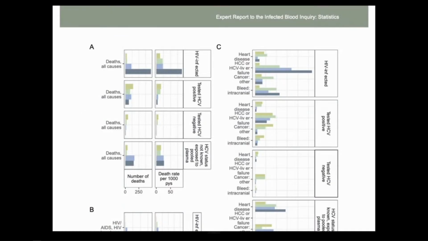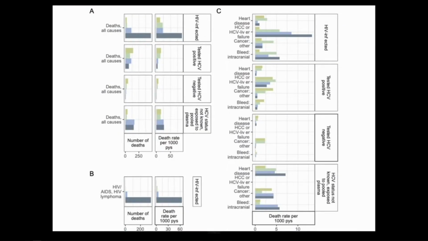The panel A, so this is for the well-defined subset of the National Haemophilia Database, and looking at 4 of those subsets, those who were HIV infected, who are also, as we know, co-infected with hepatitis C. And the 4 colours here refer to different epochs of follow-up, from 1992 through to the end of 1999, then from 2000 to the end of 2009, and then from 2010 to the end of 2013, I think it is, and then from 2014 to the end of